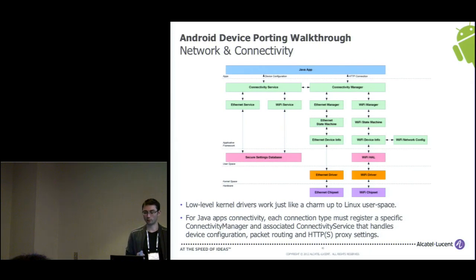They are responsible, for example, for configuring your device. So the connectivity service, or at least the Ethernet or Wi-Fi service, has some ways to get access to the secure settings SQLite database. This is where you can store the IP address, the DNS, the gateway, this kind of stuff.